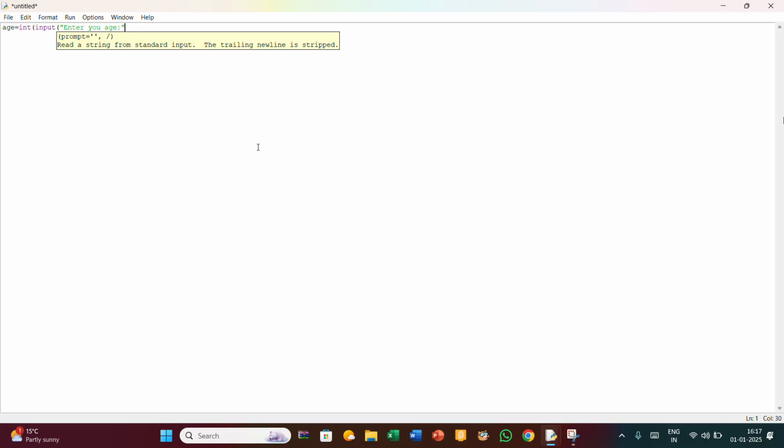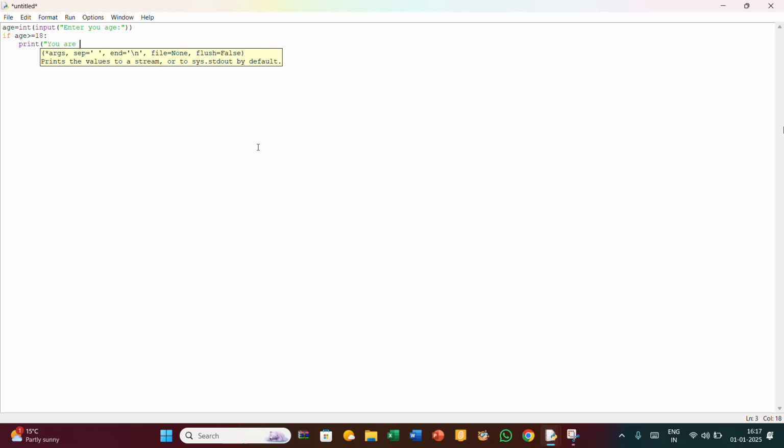")). Next line, if age <= 18: enter print("You are eligible for vote")